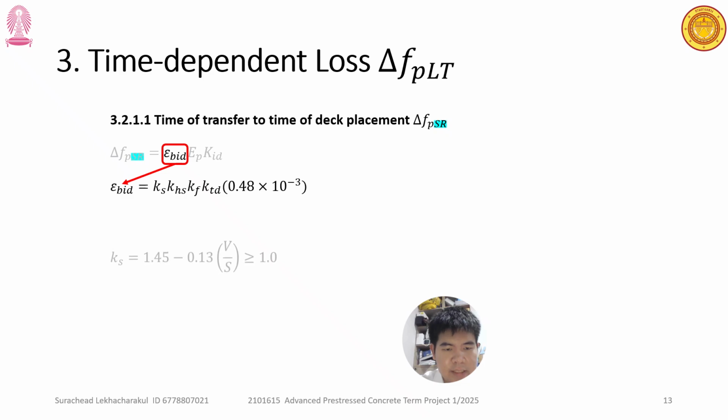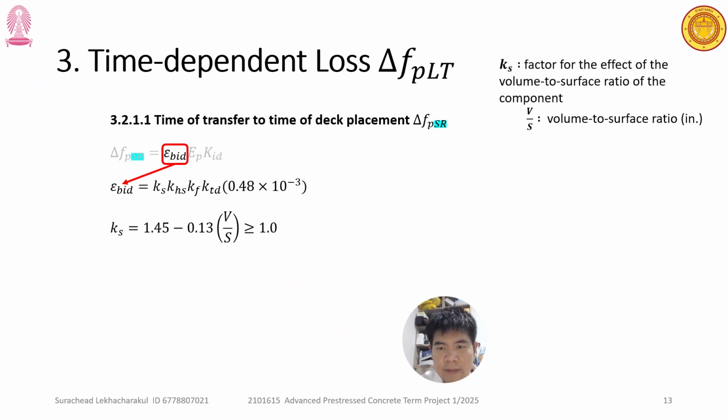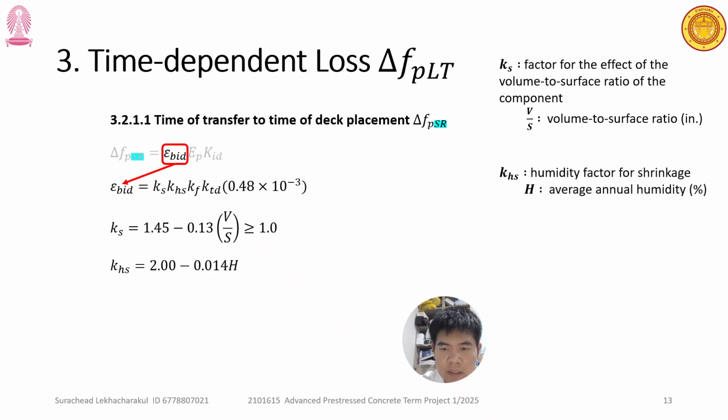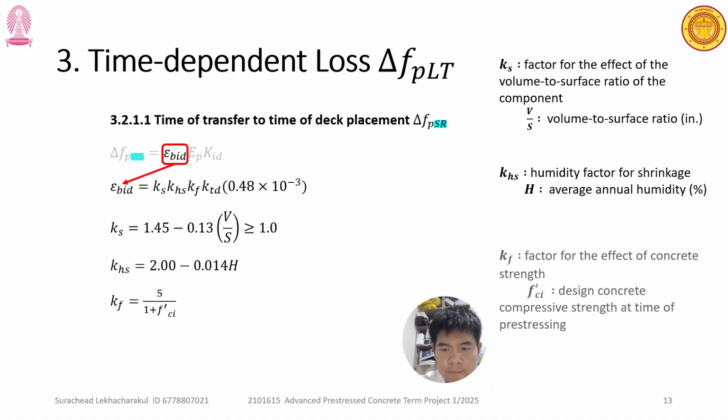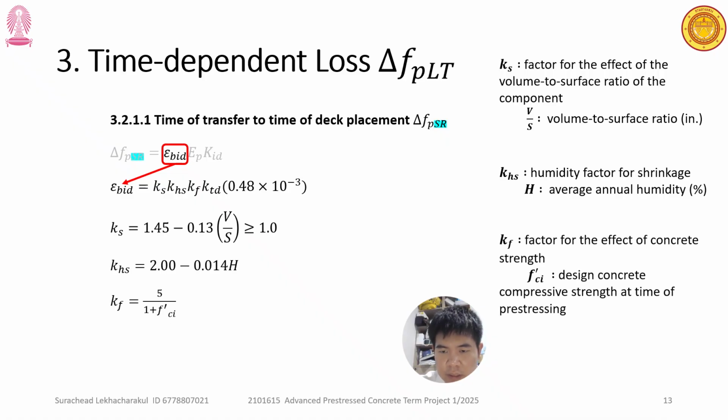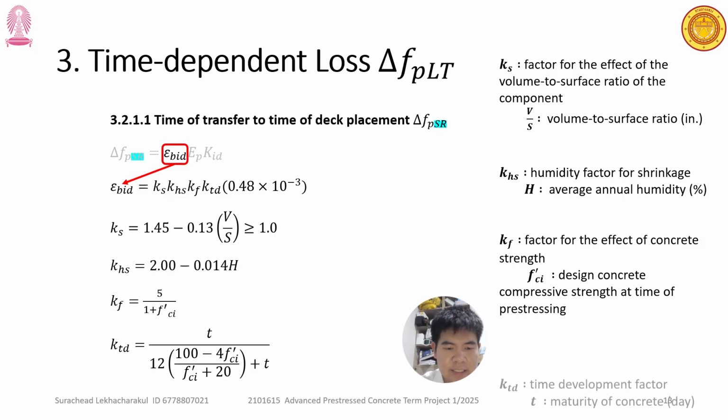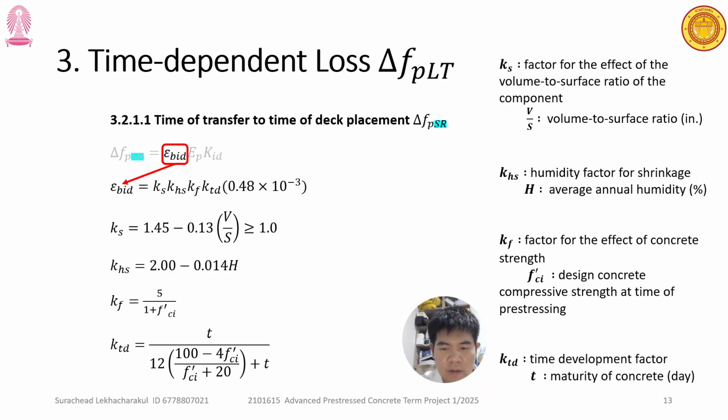Epsilon_bid depends on k_s, the factor for the effect of the volume to surface ratio. k_hs depends on the average annual humidity; k_hs is the humidity factor for shrinkage. k_f is the factor for the effect of concrete strength, and f'ci is the design concrete compressive strength at the time of prestressing, and k_td is the time development factor of concrete, and t is maturity,